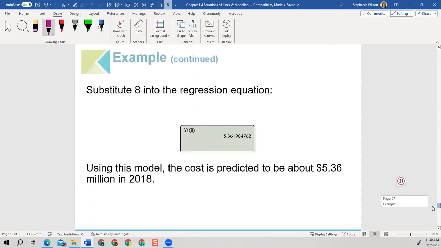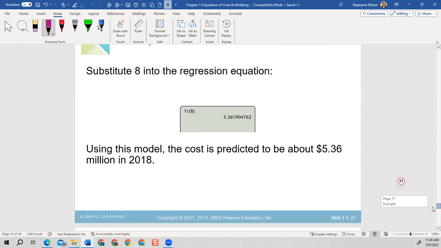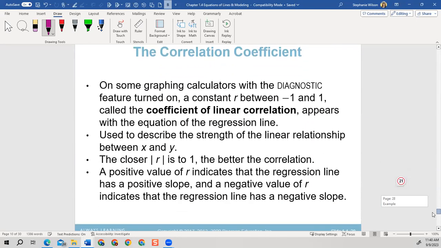And then it's just telling you to substitute 8 into the regression model, and it's going to give you the cost that was predicted for 2018, and so on, and move on. So